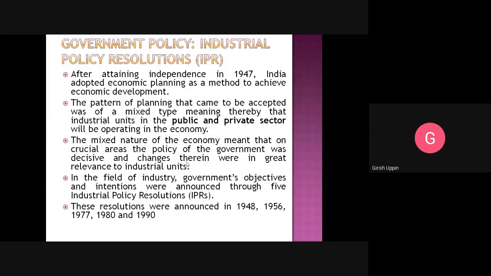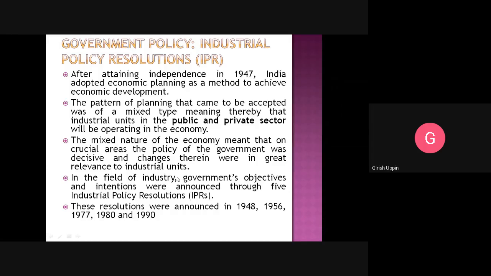So, government policy and industrial policy resolution, IPR. After attaining independence in 1947, India adopted economic planning as a method to achieve economic development. So this is the industrial policy that India came up with.